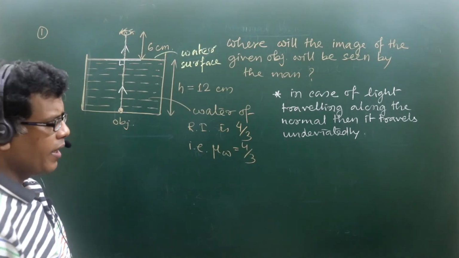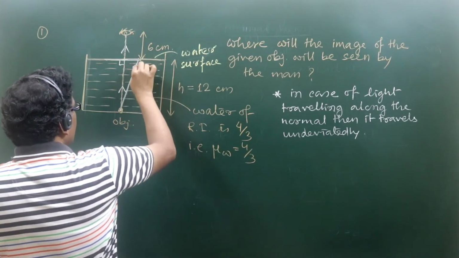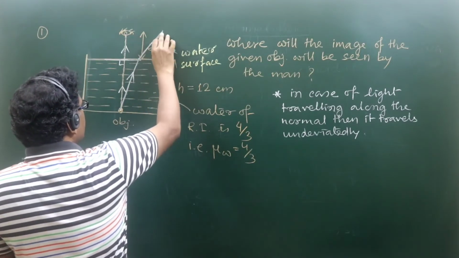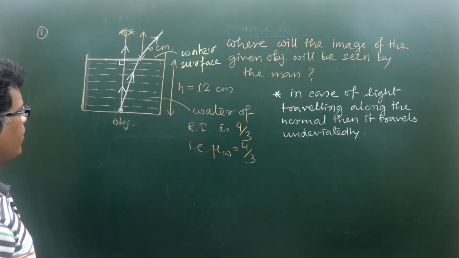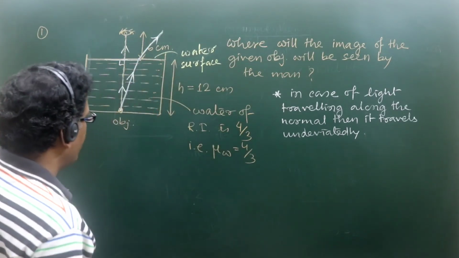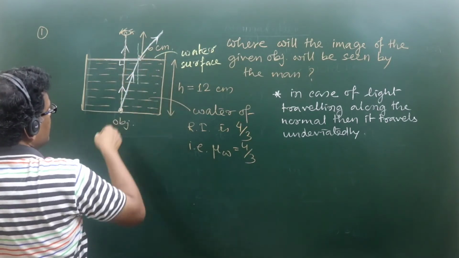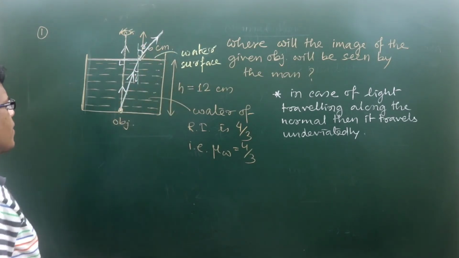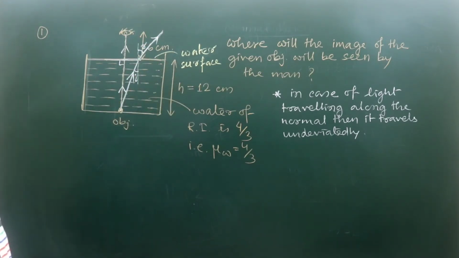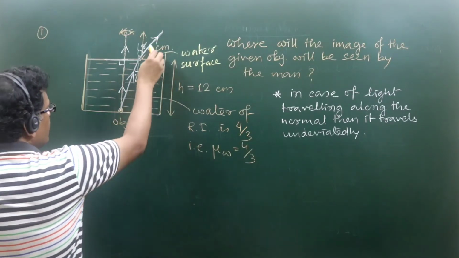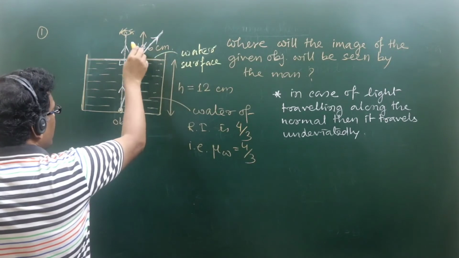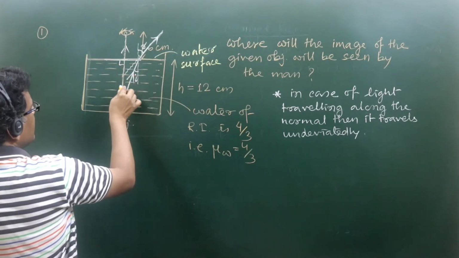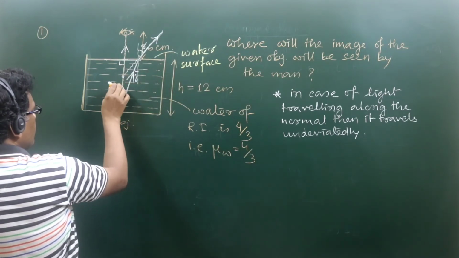We can draw one more line as a second incident ray. That line, while going from denser to rarer, because light traveling from water to air means it is going from denser to rarer, has angle of incidence less than angle of refraction, and after refraction the light ray moves away from the normal. So these two refracted ray portions in the two-ray diagram are moving away from each other. So their intersection is possible on retracing both of them.